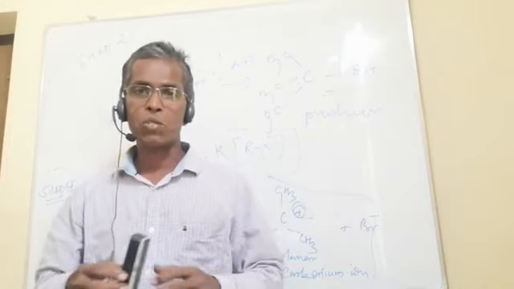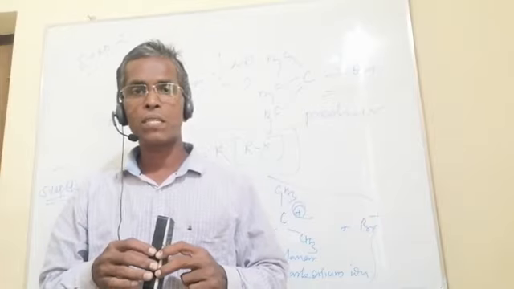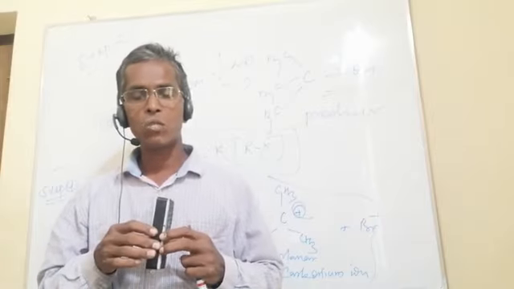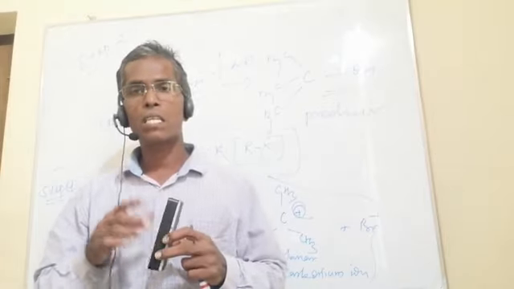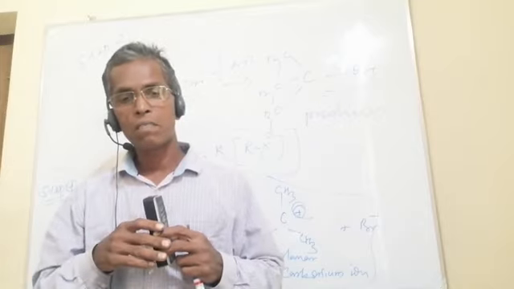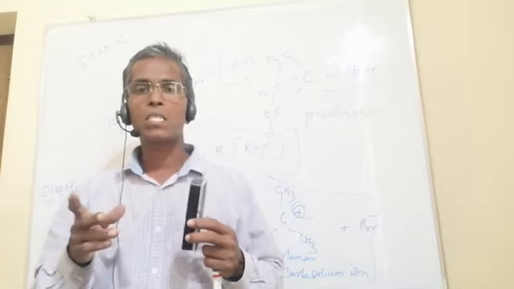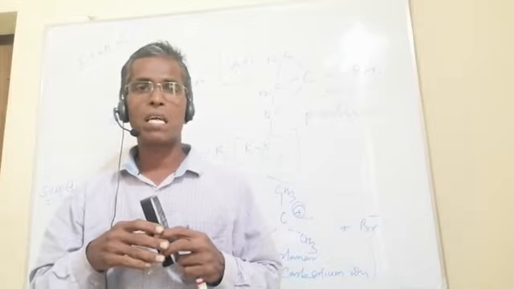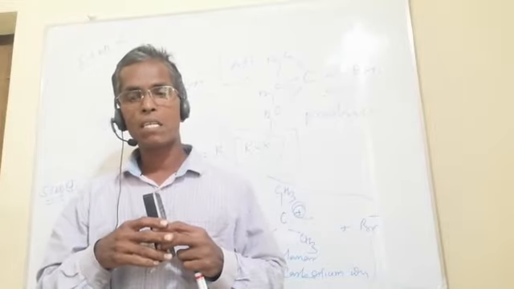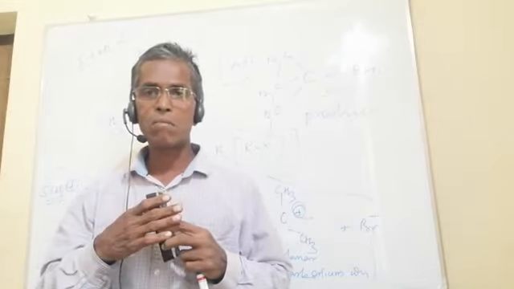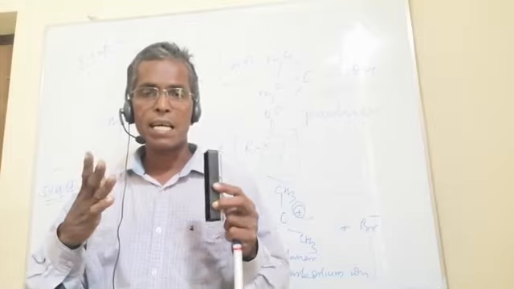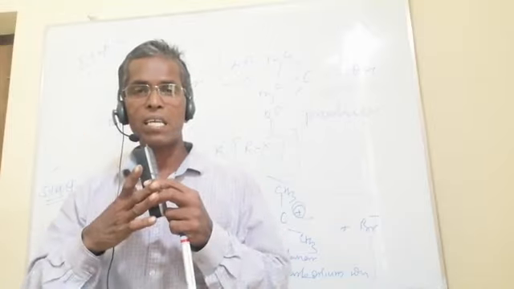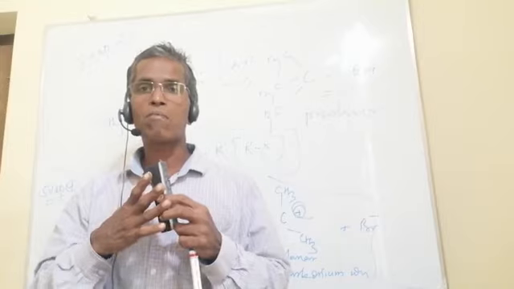So, I hope you understand what SN1 is. How many steps are involved in SN1 substitution? This is not like SN2. SN2 takes place in a single step. SN1 takes place in two different steps. Number one is ionization of the substrate, which leads to the formation of the planar carbonium ion. Number two is the attack by the nucleophile on the planar carbonium ion from either side.